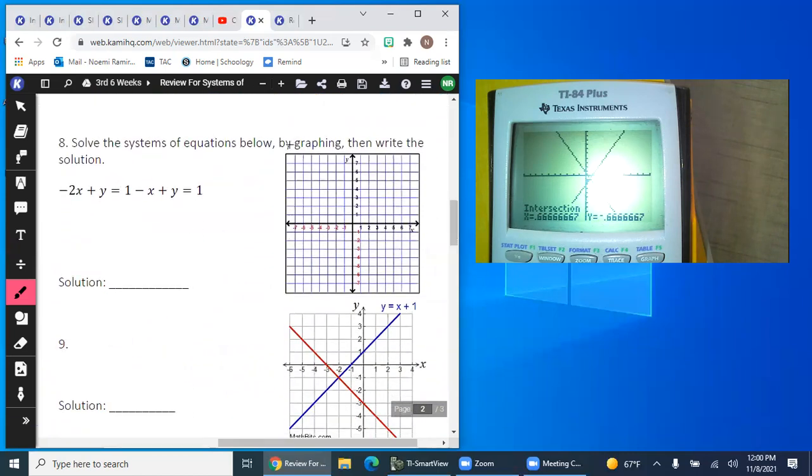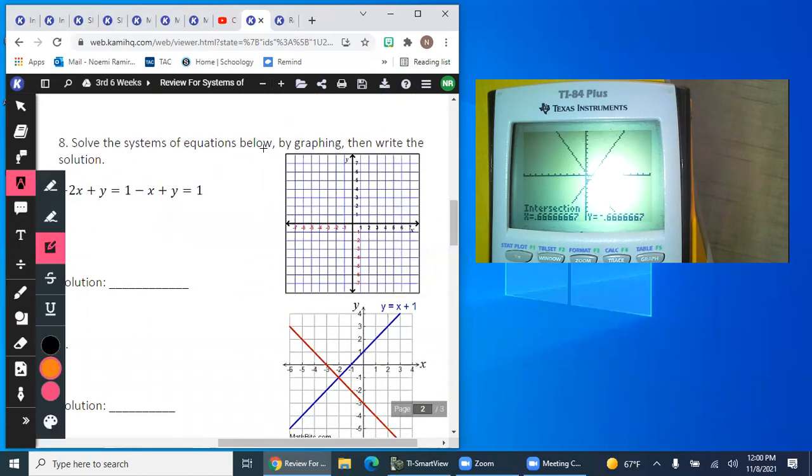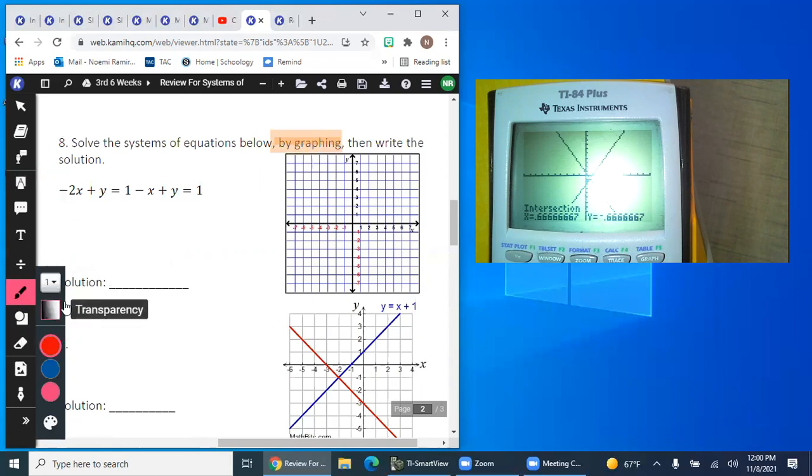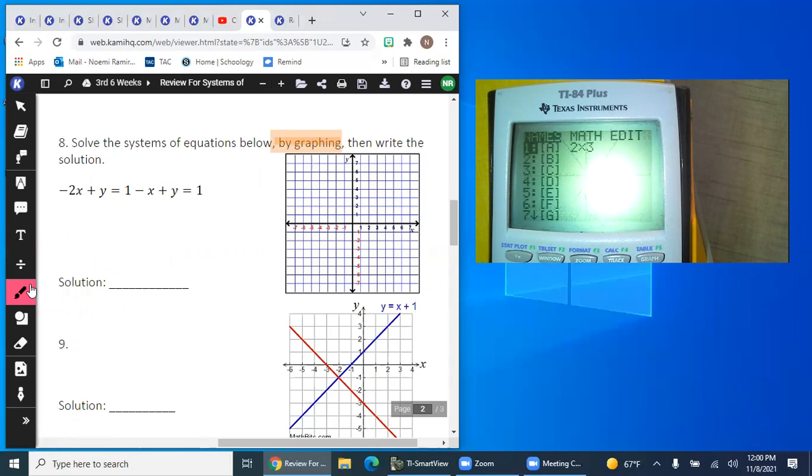So solve the systems by graphing. This one specifically asks you to graph. So if tomorrow's test asks you to graph the problem before finding the solution, you can. What I've had some students do, they notice that it is in standard form, so they go ahead and punch it into matrix. You can do that. But I also will need you to graph it